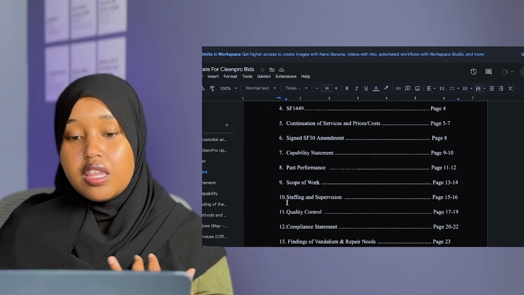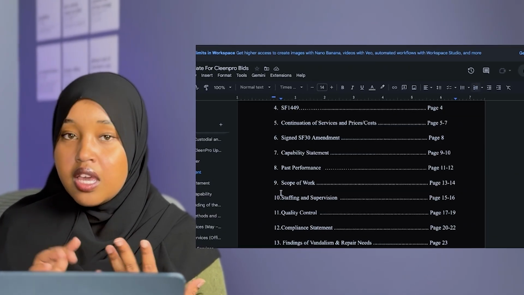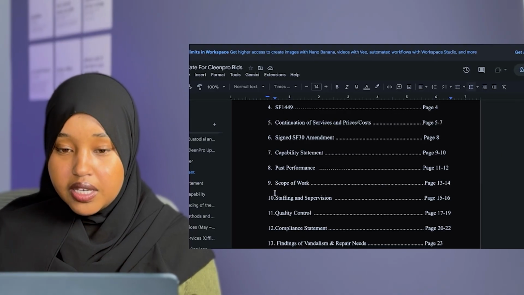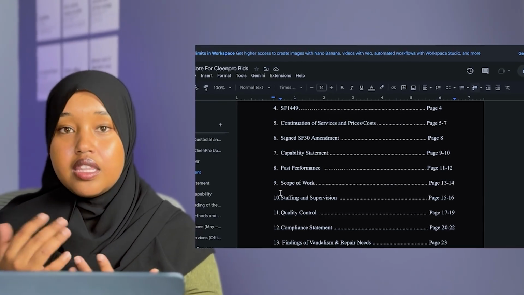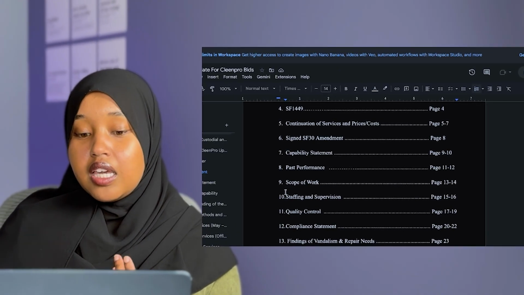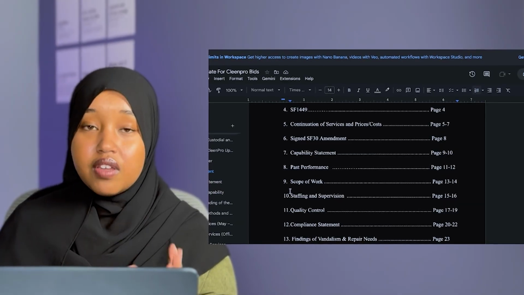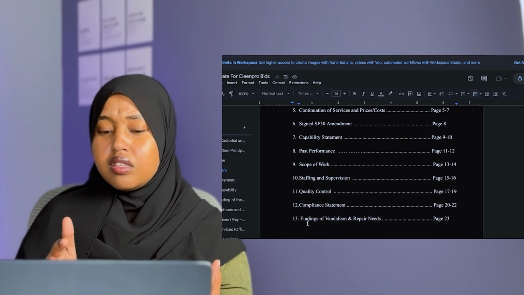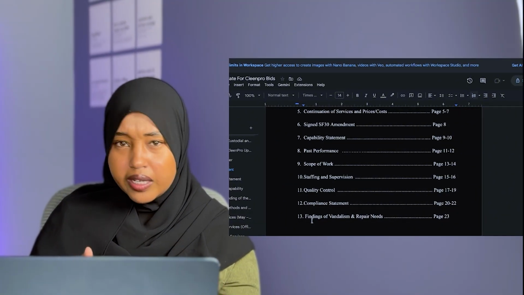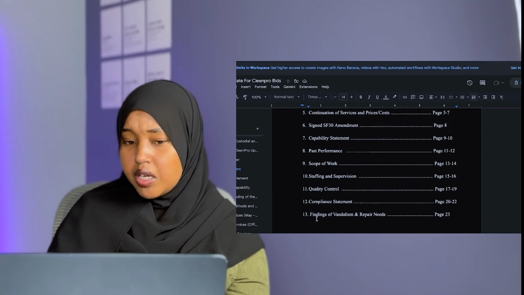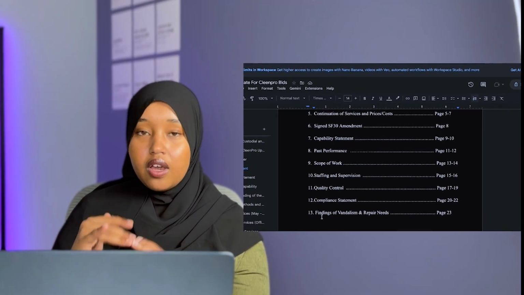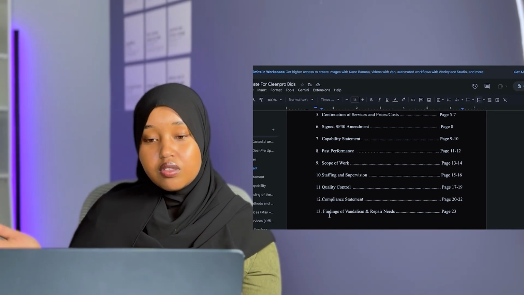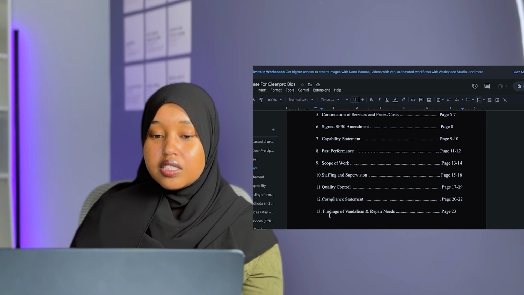How are we making sure that we have enough staffing, supervision, and quality control plan? How are you making sure that the job is completed to the standards of the government and the hiring officer? And then again, compliance statement. If there are specific things that they want you to, those clauses in FAR clause, then them emphasizing that they need green products, all of that goes under compliance statement, making sure that you emphasize that you agree to fulfill everything in that contract. This one again was specific to that previous contract, and I will skip that.